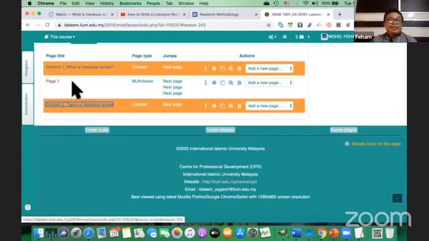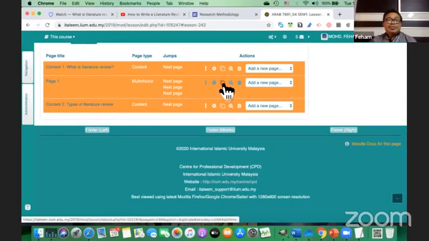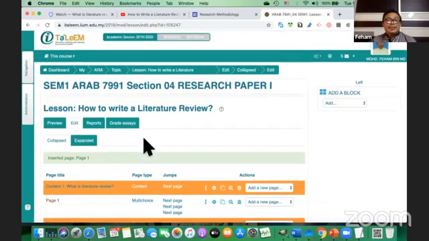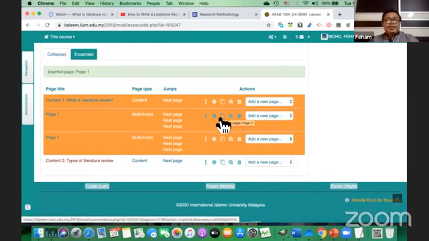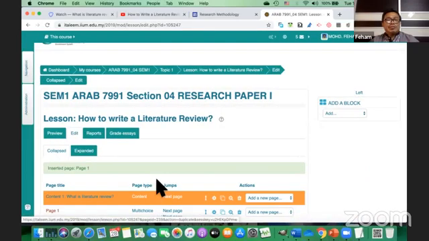Done with that, I have content 2, types of literature. I copy the second one, and page 1 is actually knowledge check 1. So I name it knowledge check 1 rather than page 1.